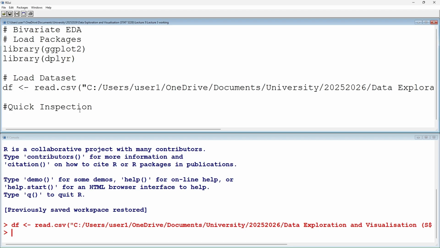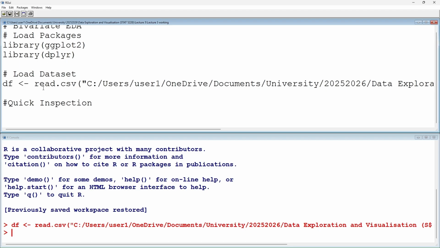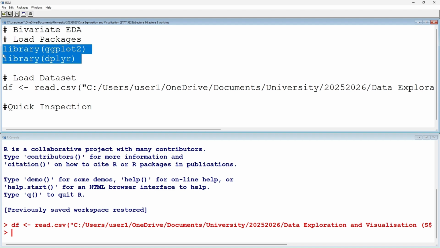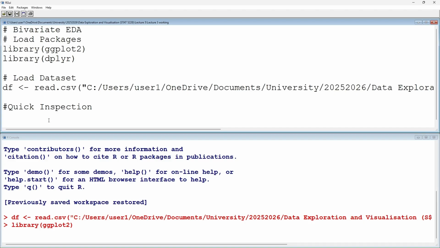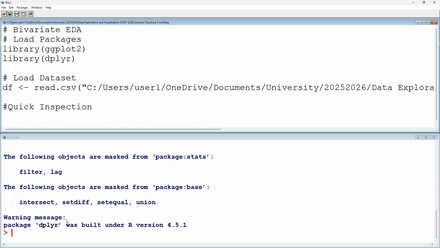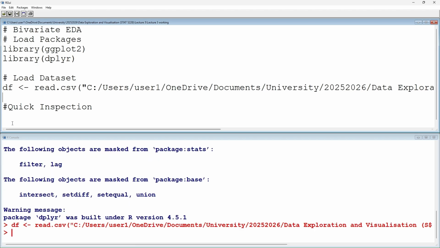To do the quick inspection, there are quite a number of things. We have already loaded the data set. By the way, I did not load the package. Let me run the loading of the package first, and then we can move on, otherwise there are certain things that won't work later on. So we'll read the data set that I've already done, and the next step is